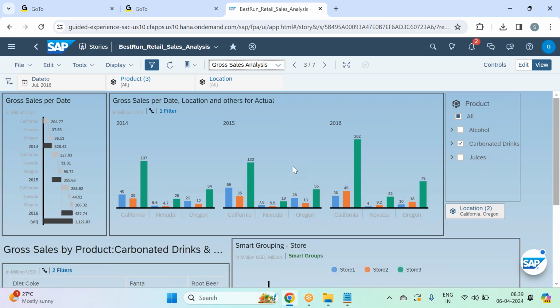So there is a one page refresh at a time. Whether it is a story on a live model or import model, SAC has this option of one page refresh for improving the performance. So it will refresh only the pages the user visits. And also,